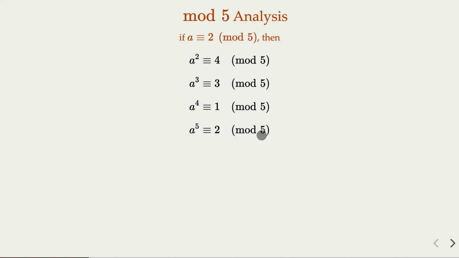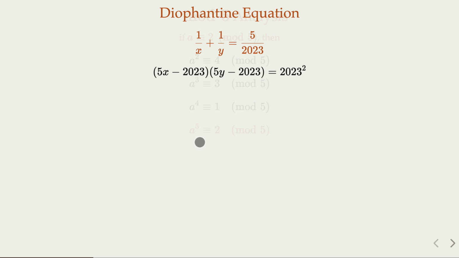So remember, our goal is to find two integers that are 2 mod 5. So here we know that either this number itself or the number raised to the fifth power, or 5 such numbers together, right? So what we can do is go back to the equation and look at how we split this